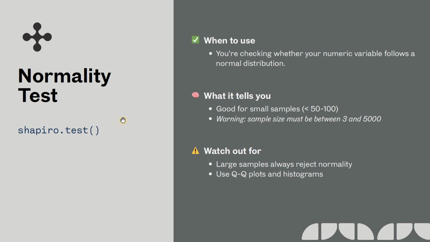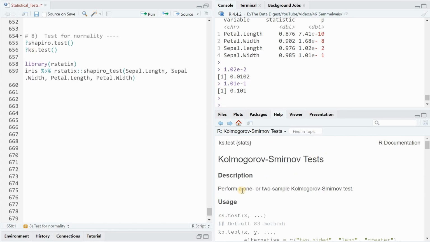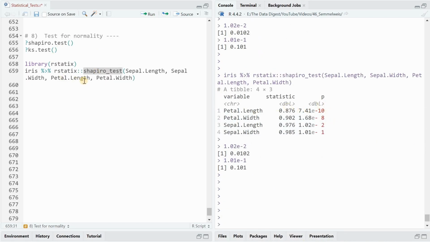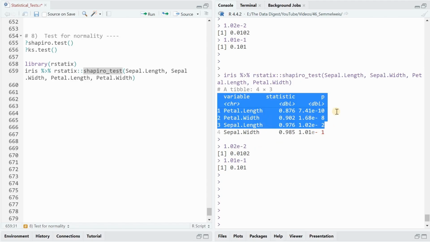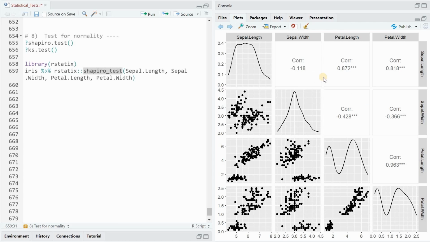To check if a distribution behaves normally, we can use the Shapiro test, which performs the Shapiro-Wilk test of normality. The KS test is more general to compare two sample distributions to one another to see if they are the same or different. And there is a special version of the Shapiro test with an underline instead of a dot. And this test gives you the p-value of 4 different variables in one go. And as you can see here, for the first 3 variables, the p-value is significant and it would reject the distribution being normal. Only sepal width comes out normally distributed, which is weird for a biological measurement, but it can